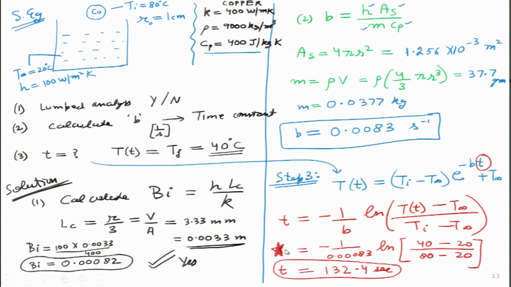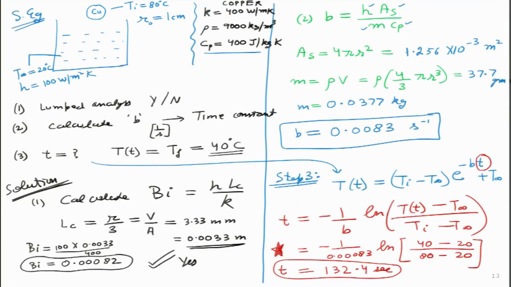It is a simple problem, we took a little bit of time explaining this. There is a reason behind that. We wanted to do it in a formal way. We wanted to first check formally whether the lumped system can be applied in this case. Then we wanted to see what the approximate value of B is, how it turns out, because now all these values we have taken from actual life. So, we can now analyze that about 100 seconds it takes, because the temperature difference is not that large and the H value is very small over here. That is the hint I am giving, because B itself is a function of H.